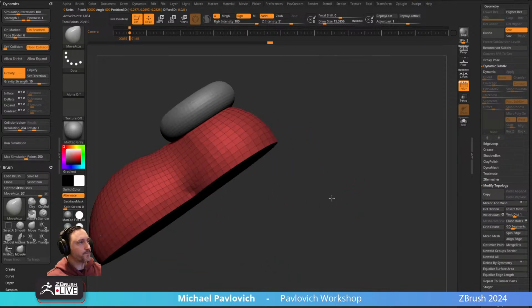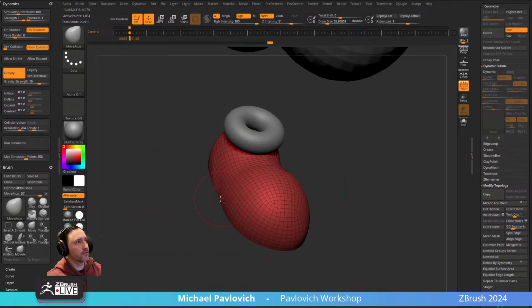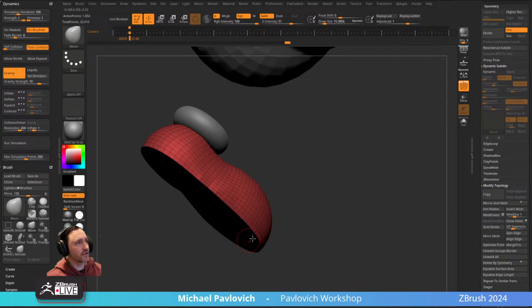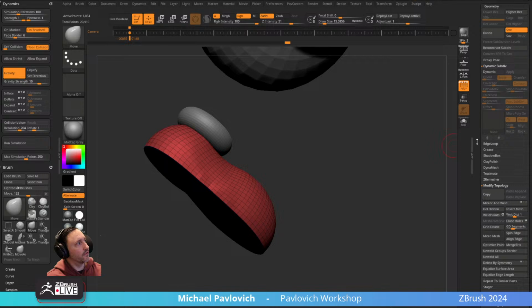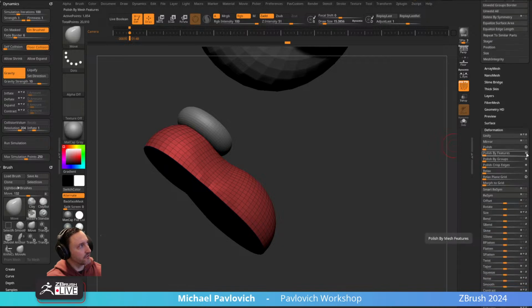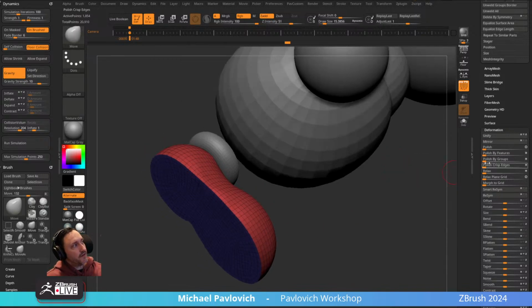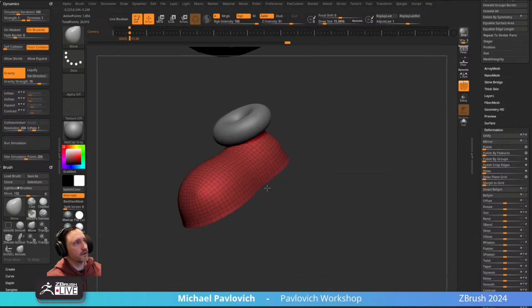And now that we have polygroups, if I was to go through here and do a really lumpy move, and I wish I could smooth that out, you have polygroups now. So there is a deformer for that, Polish by Features. There's a closed circle. You can drag that, and that'll maintain your volumes. So going back to the creasing we were talking about with the open and closed circle, for Polish by Features, if you do open circle, a feature is a polygroup border or a crease. So you can drag this, and it won't retain your volumes, but it'll really polish